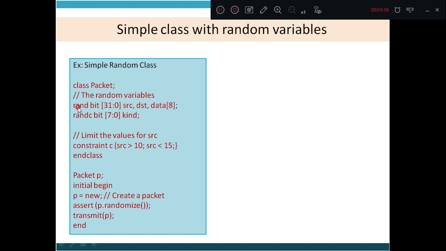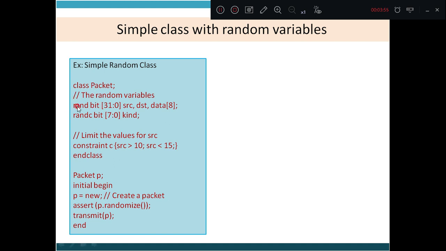Now what is the difference between rand and randc? These two are used for randomization, but there has to be some difference. As we have discussed, randomization means the random solver assigns the random values.